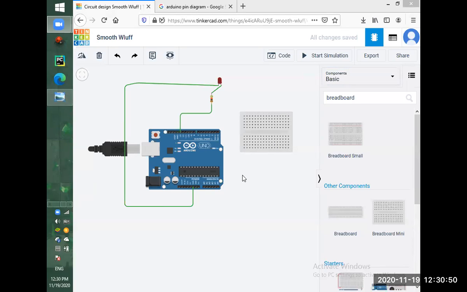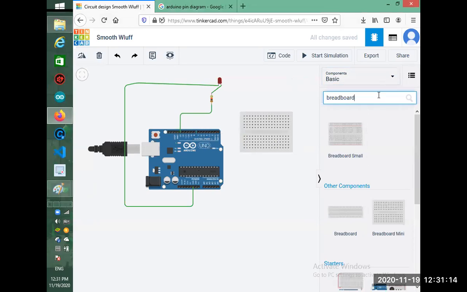Actually, we have 13 LEDs. Suppose I want to connect 13 LEDs with each of these pins, and I want to control each of the 13 LEDs, but we have only 2 grounds. So what we will do is put one ground here, connect this wire here, and then connect all these wires in other ports. For example, let me take 4 LEDs.